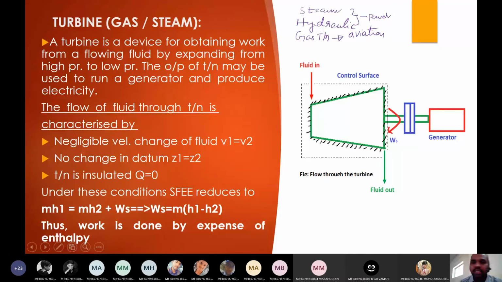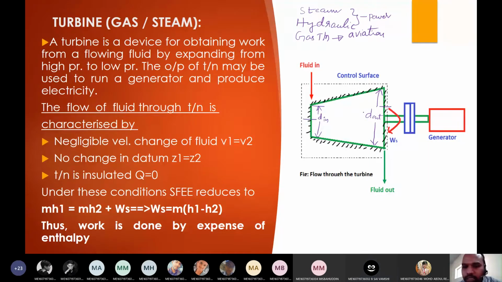If it is steam. Now you can see from inlet to outlet. This is the inlet of the turbine and this is the outlet of the turbine. What happens to the diameter or area from inlet to outlet of the turbine? This is D inlet, the diameter at inlet. Now this is the diameter at outlet. What happens to the diameter of the passage from inlet to outlet in case of a turbine? It is increasing, yes or no? The area is increasing. Once the area is increasing, what happens to the velocity? It decreases, right?